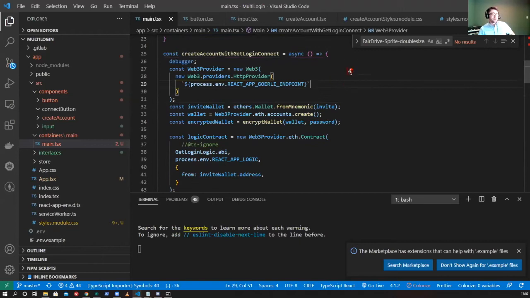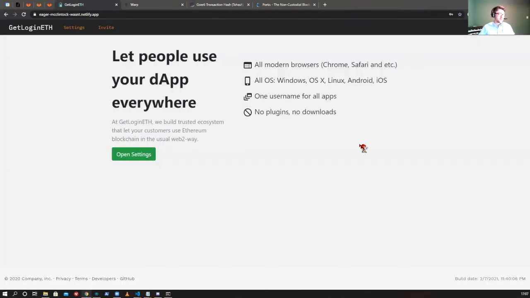The next thing we're doing is getting an invite from Git Login Eth. Essentially what Git Login Eth does is, when a user that already has an invite creates an invite, it creates an invite wallet on the blockchain. I'll show you what that looks like right now. And this wallet is seeded with a little bit of ETH. It's just enough to get everything started so that people can have gasless onboarding